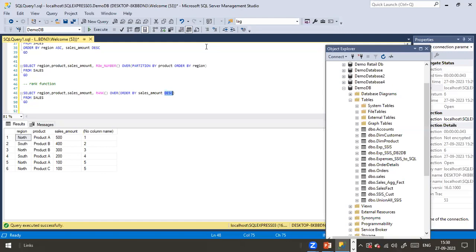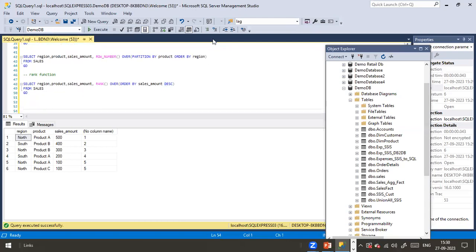Okay, and this is how you can do ranking. And we have dense rank. What I do is